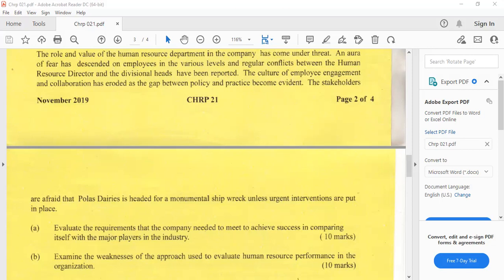They have opted to look for greener pastures. They have opted to separate with the organization because of one or two reasons. This is what amounts to turnover. So the rate at which they leave can as well be computed. This rate is very important because it will help us to understand what really ails the company, what really ails the department that is experiencing the higher rate, because we know the higher the rate, the